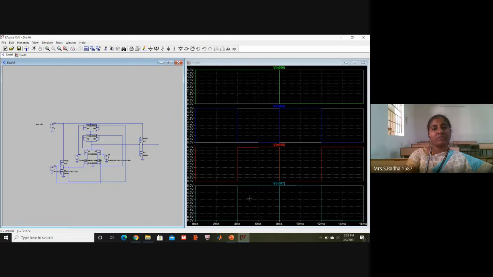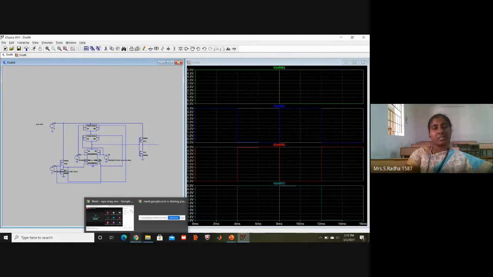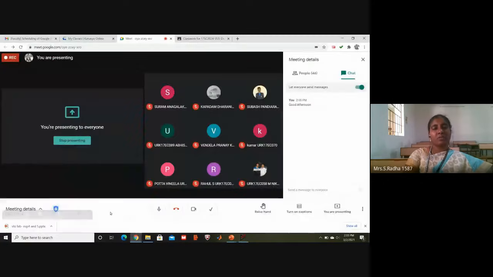The red color waveform is the final output when S is 1, the same as the red color waveform. When S is 0, the final output is the same as the blue color waveform. Blue color is D0, this side input, and red color is D1, this side input. Okay. So why I have given this 0 followed by 5, 5 followed by 0, is to have some difference between D0 and D1, so you will understand which waveform is coming at the output. So I have given some settings like that. Other than that, this logic for 2 by 1 mux will work, whatever inputs you are giving.